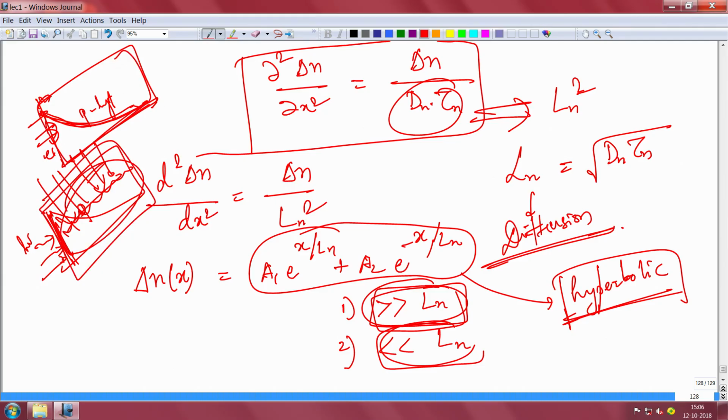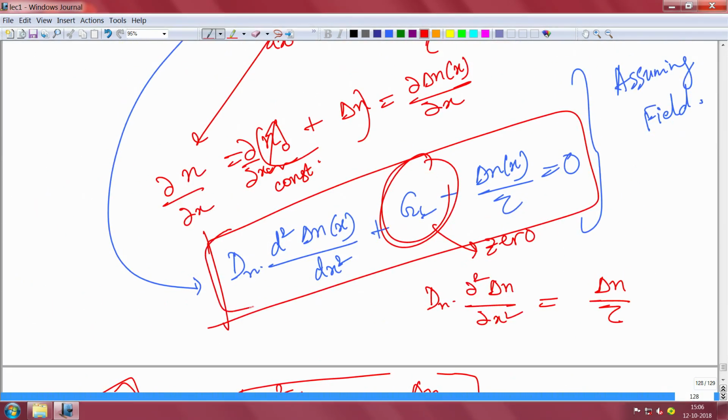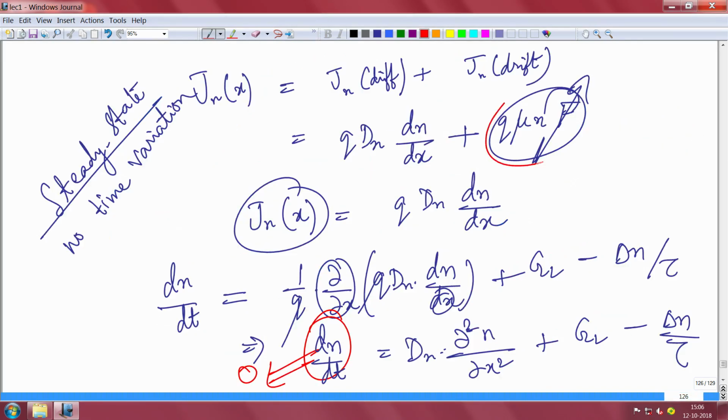So, the continuity equation is very important, and if you have seen that continuity equation, we have conveniently neglected the drift current. If you want to take the drift current, then this expression will have an extra term, because if you recall the way we had derived it, we had neglected it. So, if you take that, then in this expression you have to also take that expression. Then it will become a little longer expression, and that can be done of course, but we should not do it right now. If and when the necessity arises, then we can definitely do that.